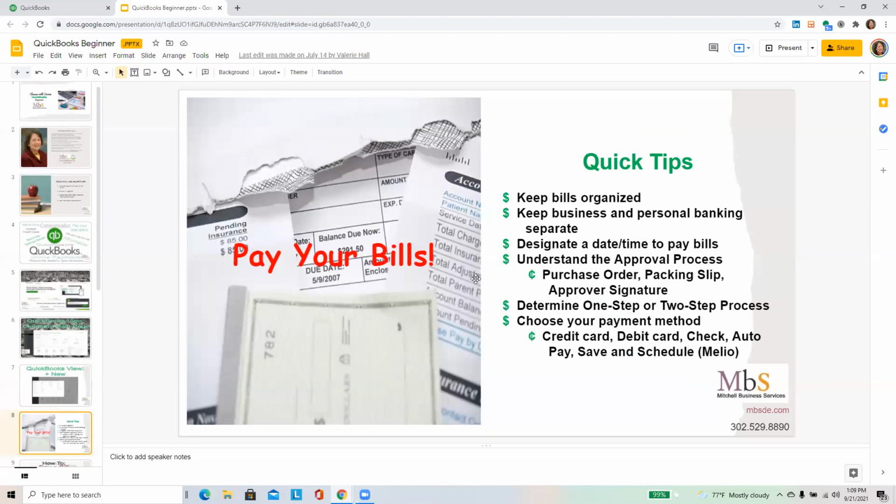Quick tips about paying your bills in general. You want to keep your bills organized. You want to keep your business and your personal banking separate. So when the mail comes in, or when the email comes in, or, I don't know, the automated words would be for receiving your bills,